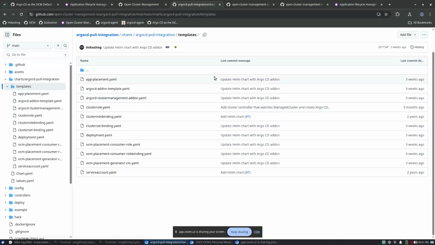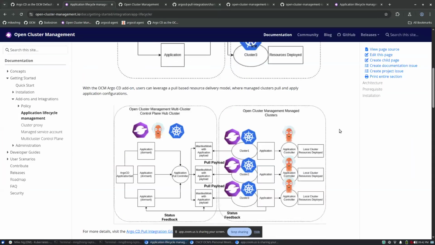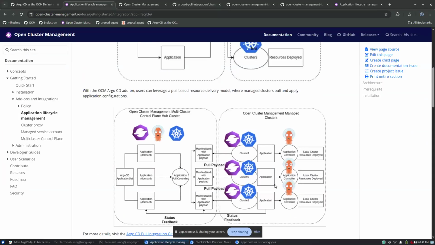So instead of having the heavy-loading manifests on the hub cluster, this add-on will install the controller, the repo server, as well as the Redis cache into the managed cluster. So in the diagram above here, this application controller is going to come from the Argo CD add-on,